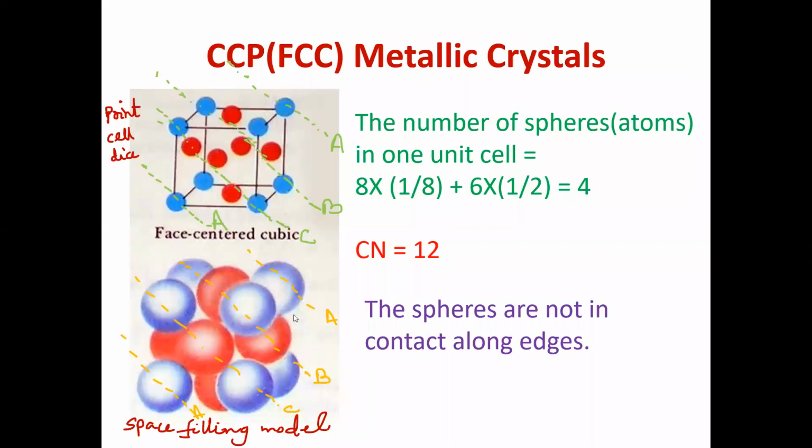Right? Now see, to what extent we had not written this. The coordination number is 12. We have not written this. I think we have drawn, as far as my weak memory is concerned, both the point cell diagram and the space filling model of one unit cell, which is your favorite ABC type.